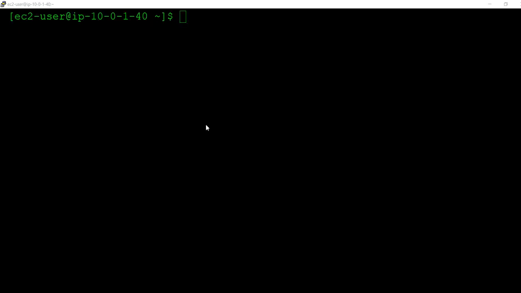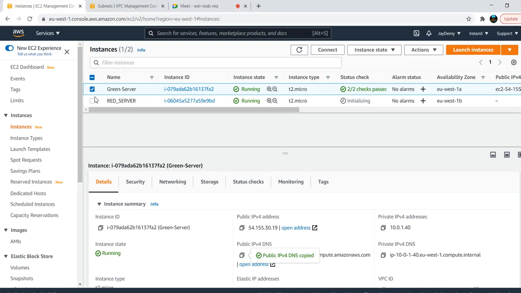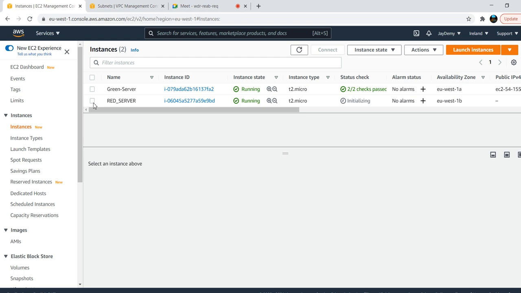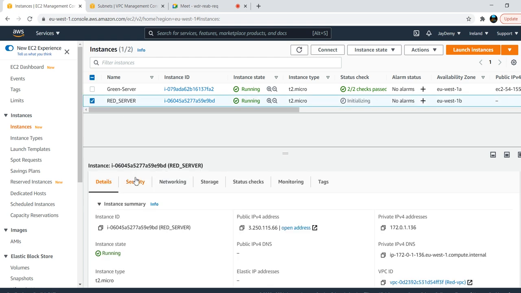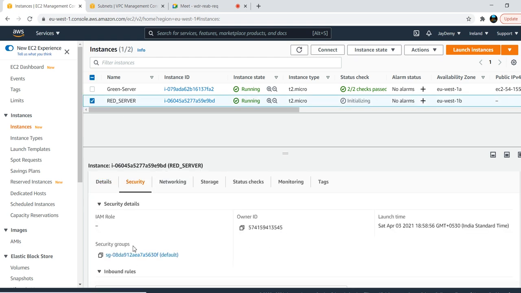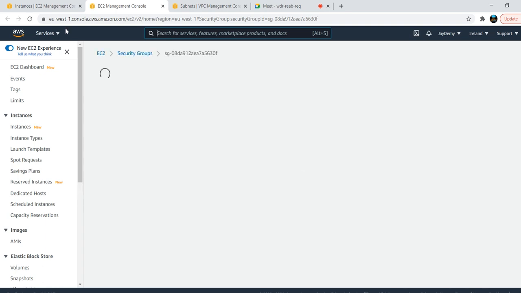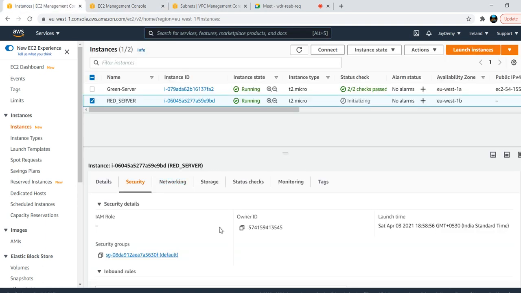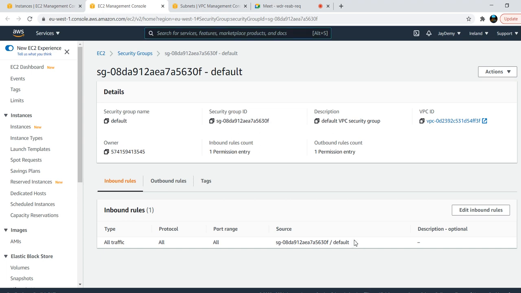Now I'll connect to the red server also. For the red server, I have used the default security group, right? I need to modify the security group settings. Yesterday also we saw that the first time we connected to that instance, we were unable to connect because the security group inbound rules allowed only the internal security group.